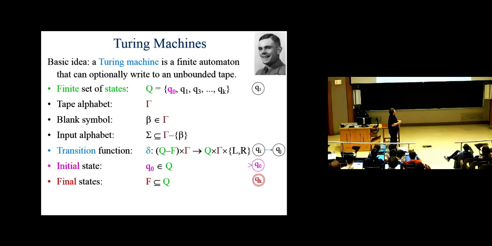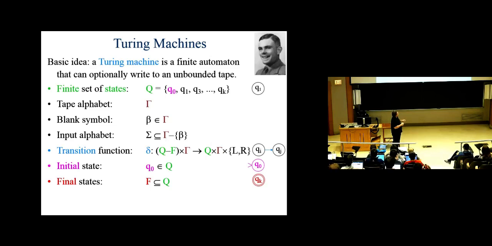Where most of the action happens here is the transition function. Again, color-coded purple for delta. Delta usually means change or difference, so that's why we use delta for a transition function. It takes us from a state and a character on a tape. So this is the tape alphabet here, to